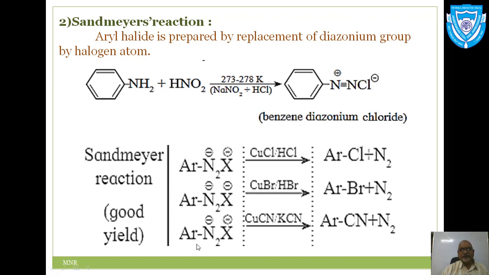And again, if you take benzene diazonium chloride salt treated with CuCN in the presence of potassium cyanide, you get a cyanide derivative of benzene. This is a very important named reaction, the Sandmeyer reaction. So we should note the difference between what is happening in the first step, that is the formation of the diazonium salt, and finally we are getting a substitution of chlorine, bromine, or any other derivative, that is cyanides, which is a substitution reaction.